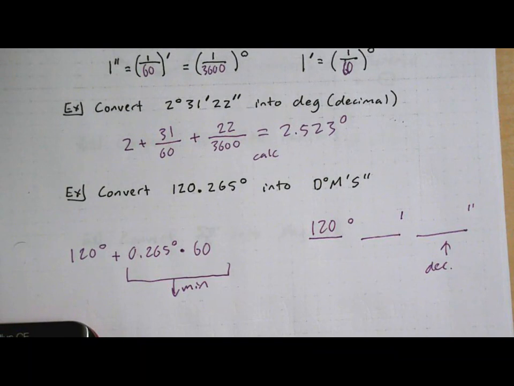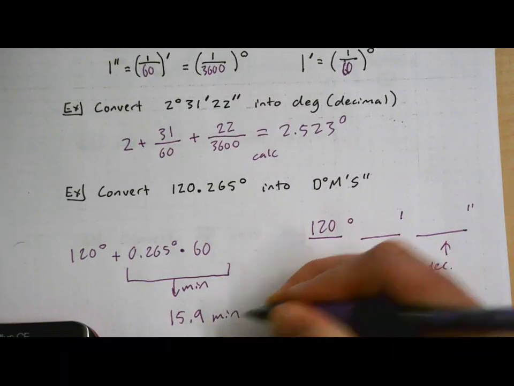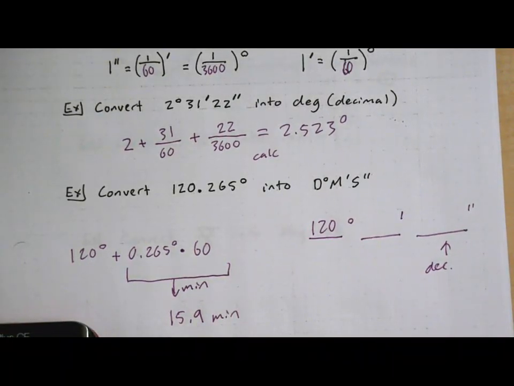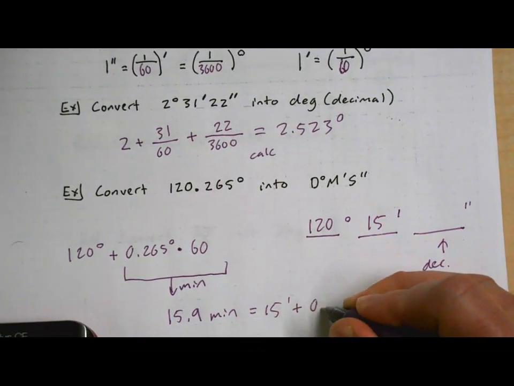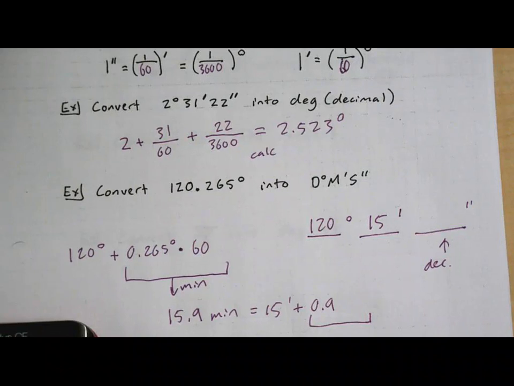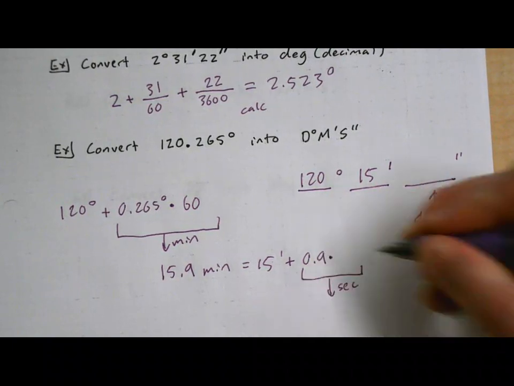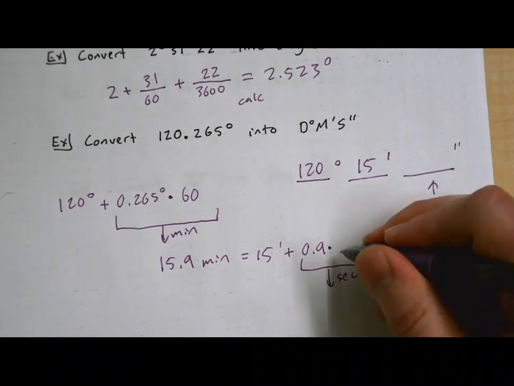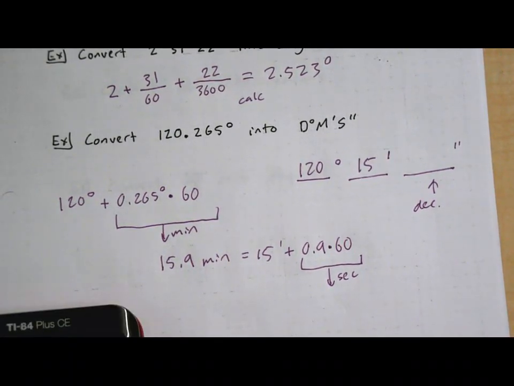0.265 times 60 is 15.9 minutes. That's 15 whole minutes, which is what we guessed, plus some extra stuff. That extra stuff we're going to turn into decimals. So that is 15 whole minutes plus 0.9. And if I want to turn that 0.9 minutes into seconds, look what I multiply 0.9 by. 60, because there's 60 seconds in a minute. So 0.9 times 60 is,